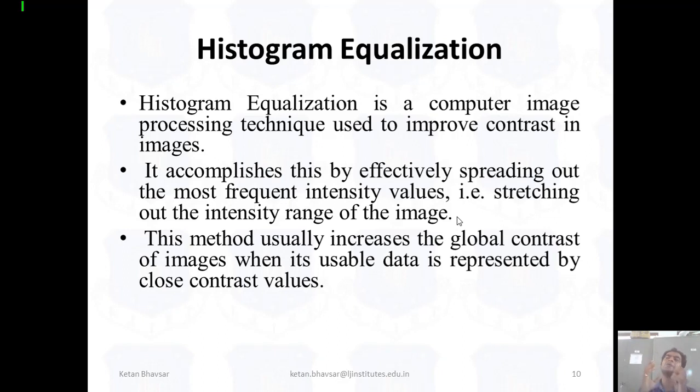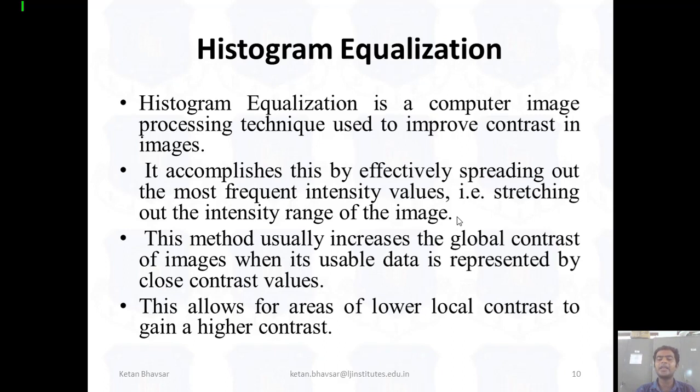So whenever you have to improve the quality of the whole image, meaning we are not talking right now about one particular pixel but about the whole image, then you can consider it a global image, right? So whenever we try to improve the quality of the whole image, then and only then we have to use the histogram equalization method. With the help of this method, we try to improve the quality of the image as much as possible and maintain a contrast value.